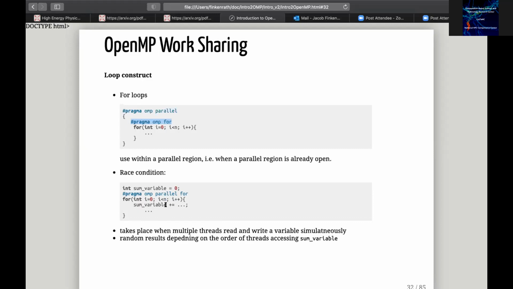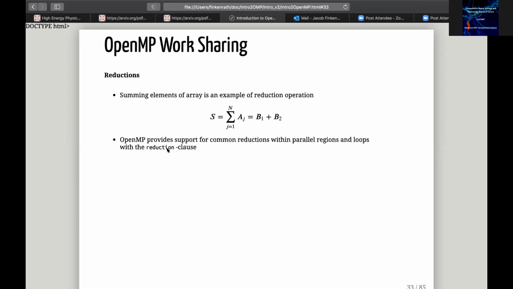For example, if you sum up a variable and each of the threads is accessing this variable, you will probably get a random result at the end of the for loop. This can happen, for example, if you have a reduction, so you want to sum up a bunch of variables. Think about summing up the elements of an array. If you do this within a for loop, and you parallelize this for loop,